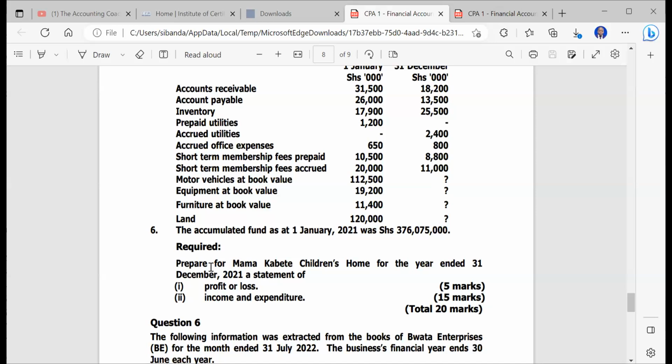So they're asking us, prepare for Mama Kabete Children's Home for the year ended 31st December, a profit and loss. Now, this profit and loss, like I told you, Mama Kabete is a not-for-profit. For a not-for-profit, what they prepare is income and expenditure. The reason why the examiner has mentioned the profit or loss is because they know that Mama Kabete is holding a bookshop. And that bookshop, we have to prepare for it a statement of profit and loss. Okay? So